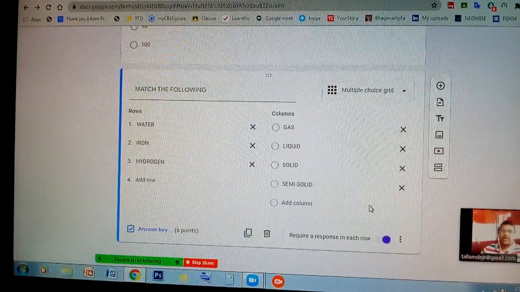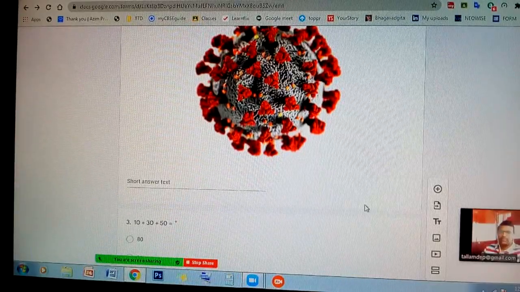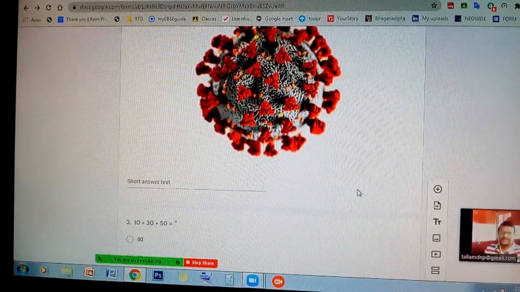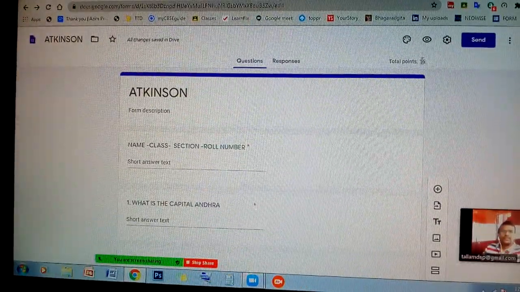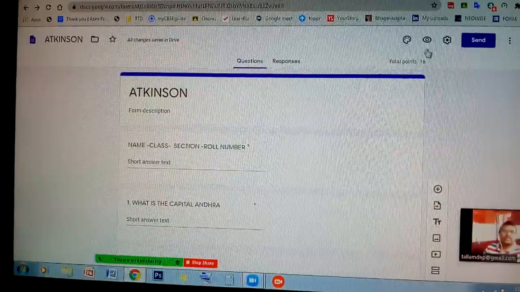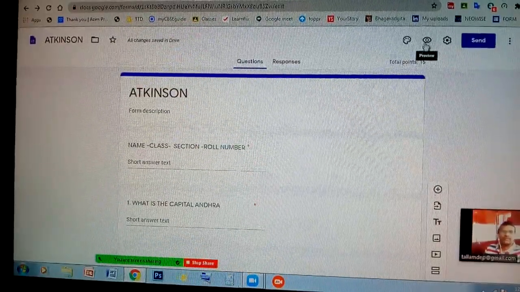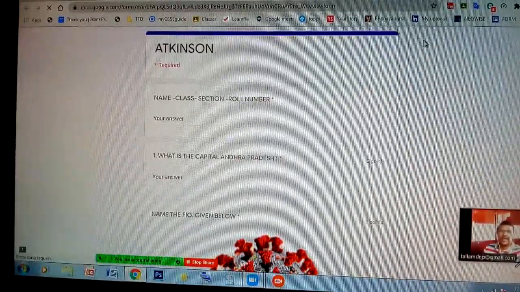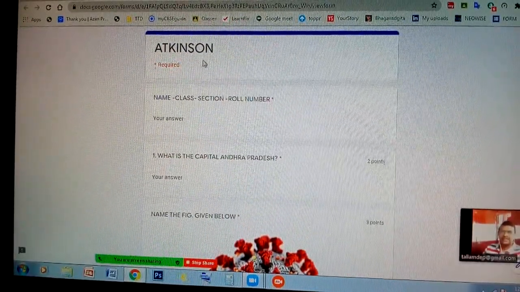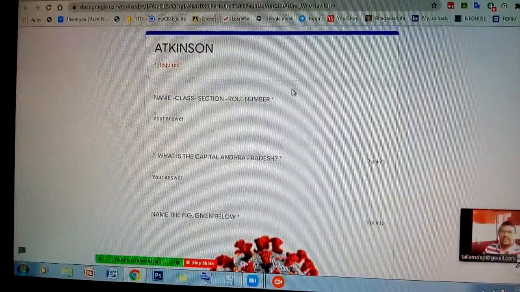After completion of all these questions, you have to check. Suppose you prepare the question paper with 10 or 15, 10 is enough. And see here, total points 16 marks. Now have a preview of this one. If you select the eye symbol there, then everything will be displayed like this: name, class, section, roll number.